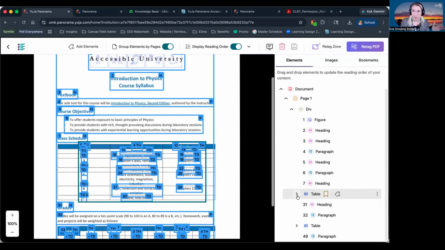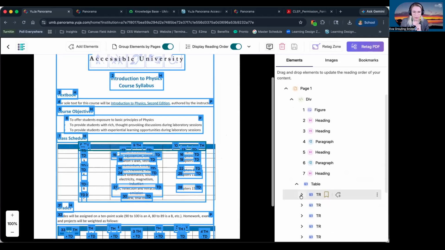However, tables get a little bit more complicated, and table accessibility is a pretty complicated topic, something I am not going to have the time to cover in depth here. But if you have tables that you need to make accessible, you might need to make some changes to that in this structural remediation tool here.